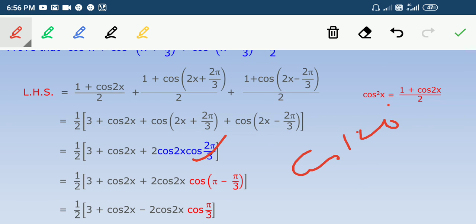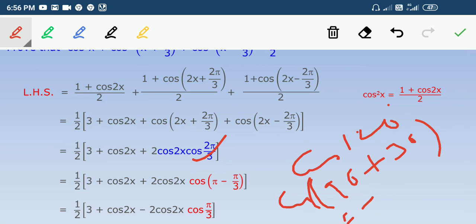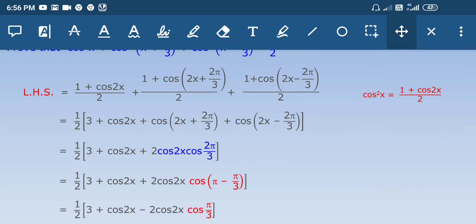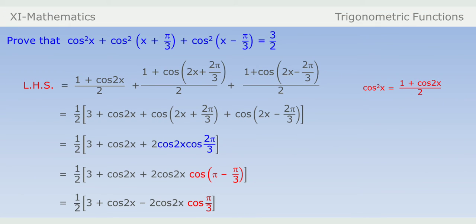120 degrees you can write as cos of 90 plus 30. Here the multiple of 90 is 1, so it will be changed. But 120 lies in the second quadrant, so here it will be minus, and since the multiple of 90 is 1, that is odd, so we need to change. So in place of cos we'll write sin 30. So the sin 30 value is 1 by 2, so minus 1 by 2. So in place of cos 2 pi by 3 we will write minus 1 by 2.